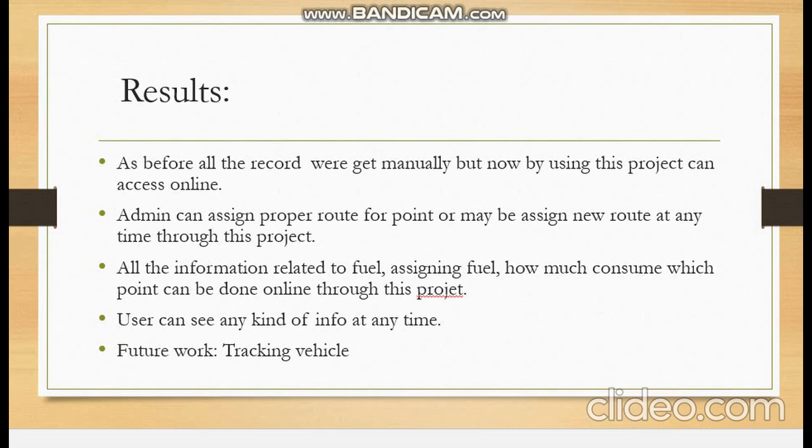And all the information related to fuel, like assigning fuel, how much fuel is consumed, which point consumes how much fuel, all the records can be done online in our project. User can see any kind of info at any time. And the last one is future work, which we are working on right now. Tracking vehicle means real-time tracking, where the position of points can be tracked, and admin can see